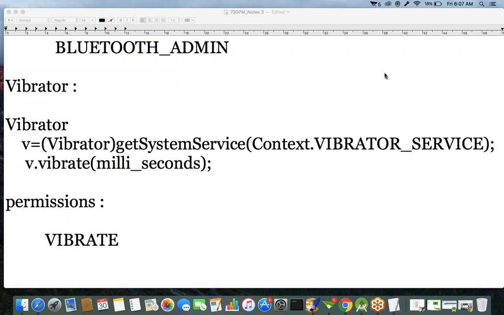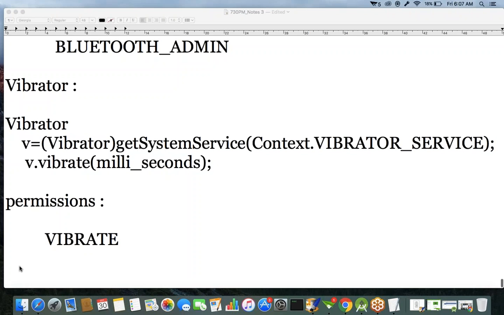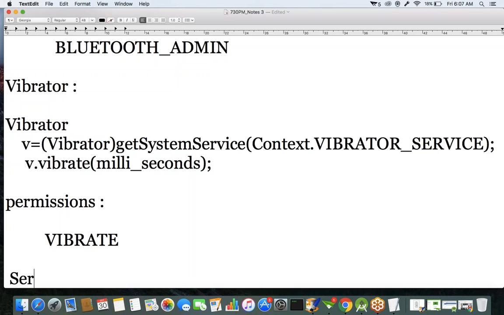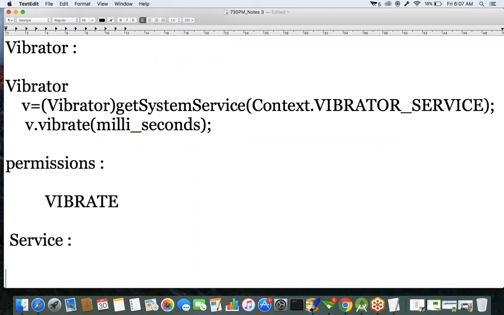So demonstrating the... we'll discuss how can we create a new service, we'll discuss built-in services, and we'll discuss how can we create our own service. Okay,